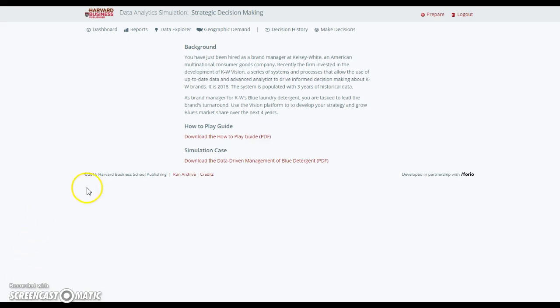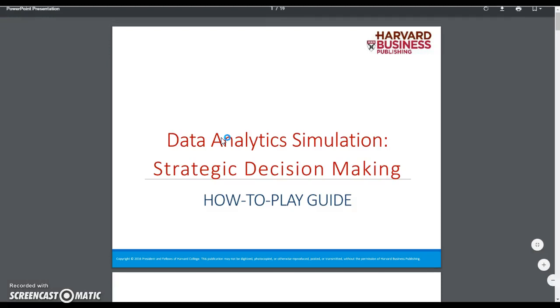The first screen you will see will be this one, and this is the preparation screen where you can download the guide about how to play it. So you press on the link, and there's a how to play guide. I will also show you part of this in class just to make sure that everyone knows how to play